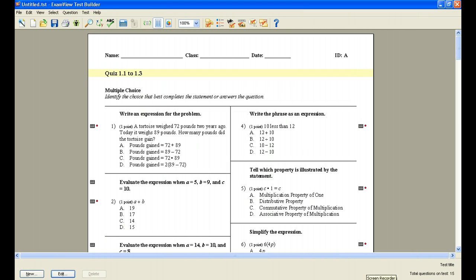So now that we've formatted our test and we have it looking, as I like to say, pretty, ready to go, ready to be printed and or published, in the next video in our series I'm going to show you how to print the test and also show you how to publish your test if you'd like to be able to provide it online for students to take either as practice or as the actual quiz. So please check our next video, and remember that you can always go to our website